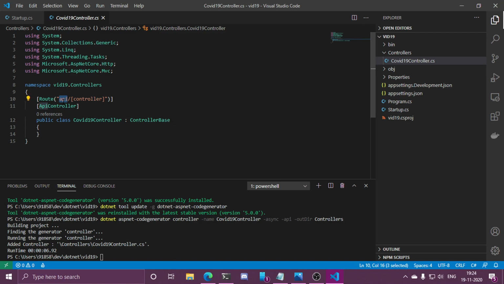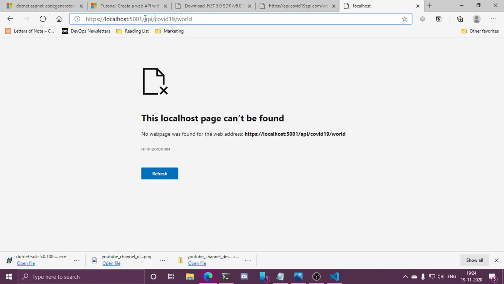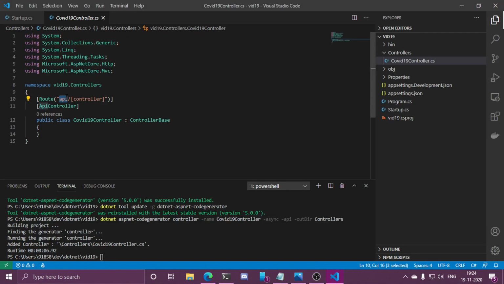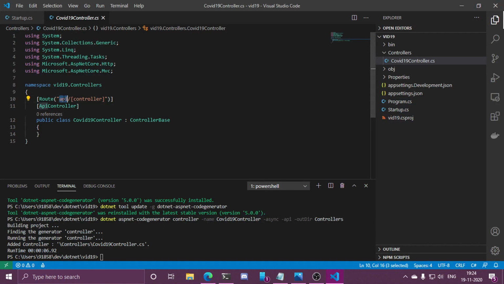So API is the prefix, as we have seen here. API is the prefix. So the server address, then the prefix. So this is that prefix API. Then the controller name. The controller name is everything before this controller part.